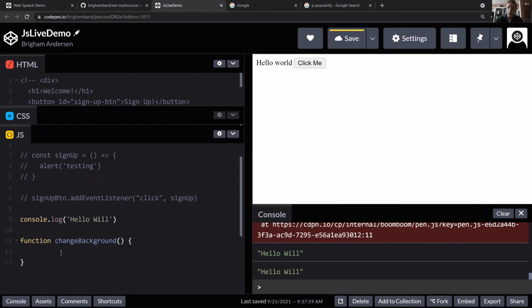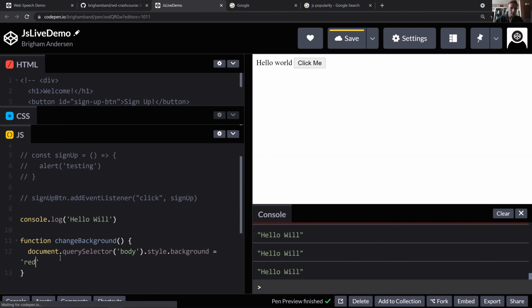So we said that we wanted to change the background color to red, right? So we're going to go ahead and just grab the same JavaScript code that we used to change Google's background color. Make sure we change it to red, just like that. And once again, all that's saying is grab the part that has the background, look at the color, and then change it. And if we hit save,